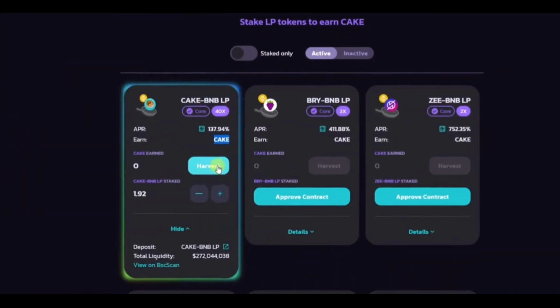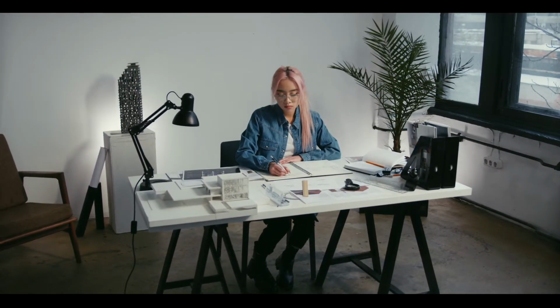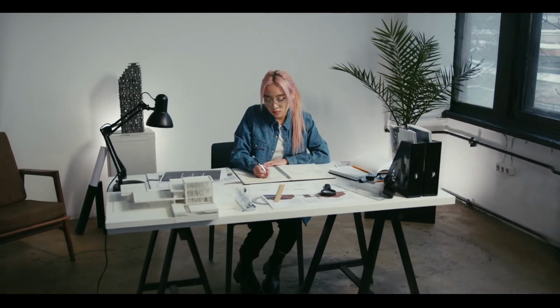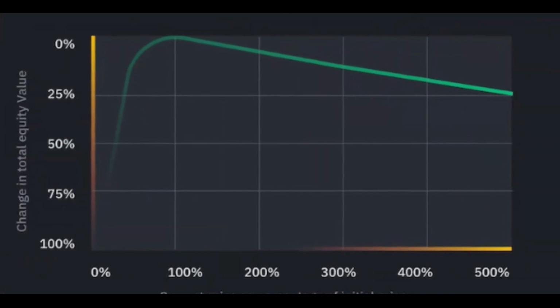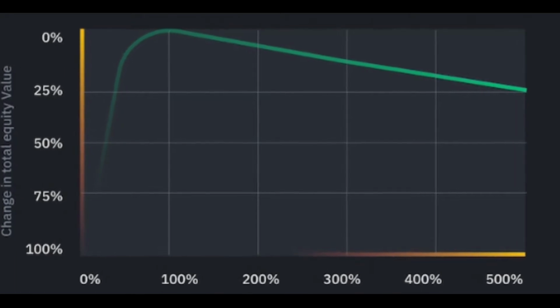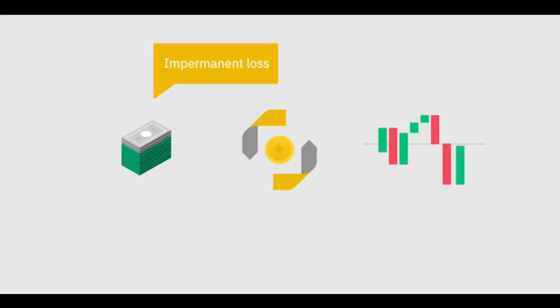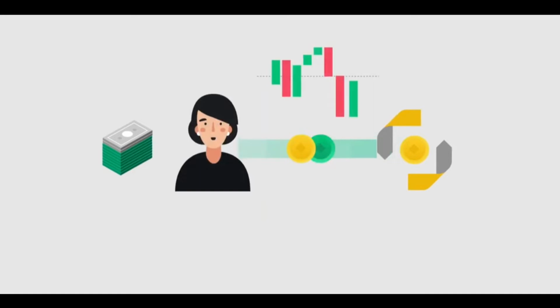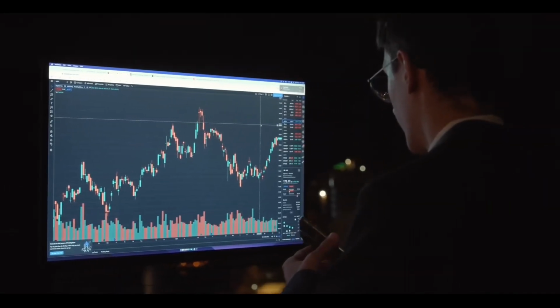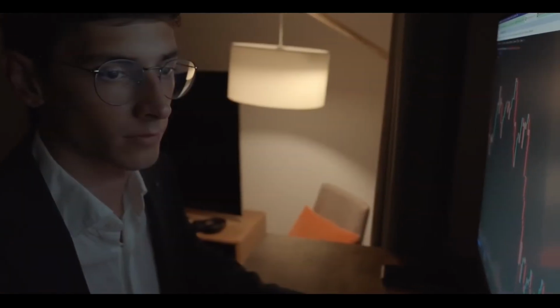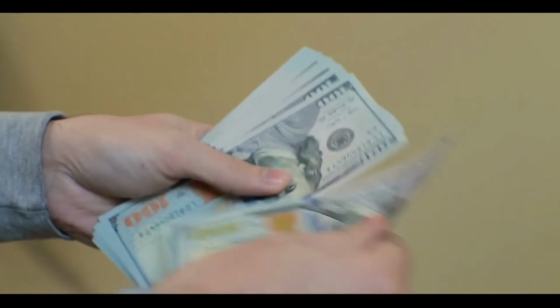Because, in most situations, farming will earn you significantly more than simply owning a cryptocurrency. However, there are times when you may experience an impermanent loss. Here's a graph of the impermanent loss percentage as a proportion of price change. In essence, you're investing several cryptos into a liquidity pool and accepting the hazard of impermanent loss. However, it is in return for the privilege to a percentage of all fees produced by the pool, aka crypto